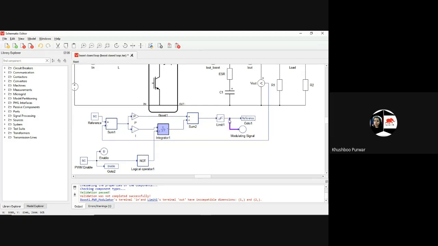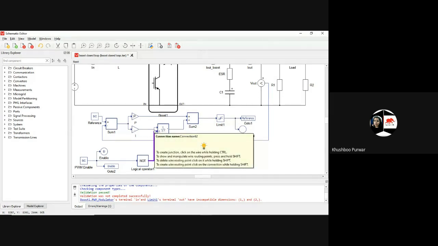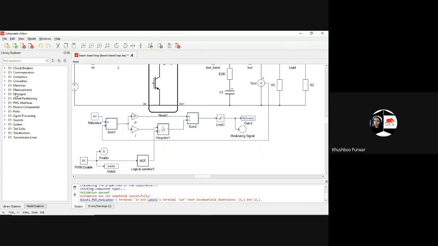Here I have to fit one range shifter, so I'll prepare one range shifter. It needs to be prepared. If it is not given, then I have to prepare one subsystem for that. So create one subsystem.